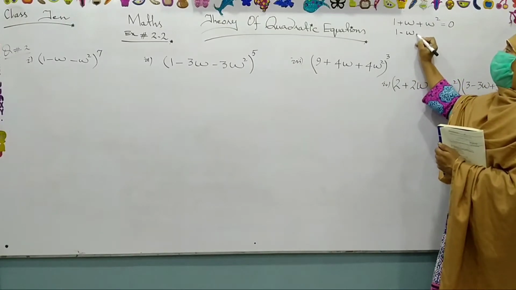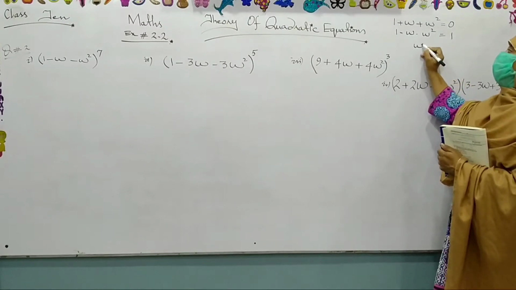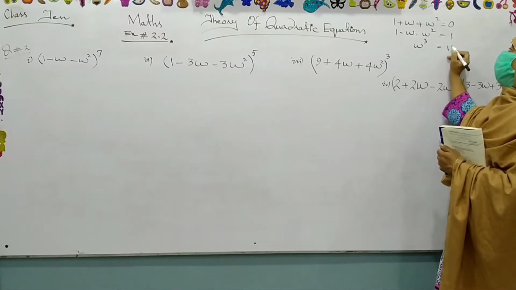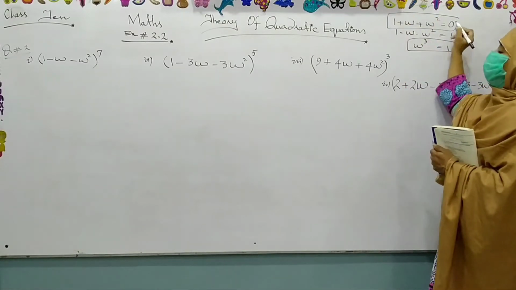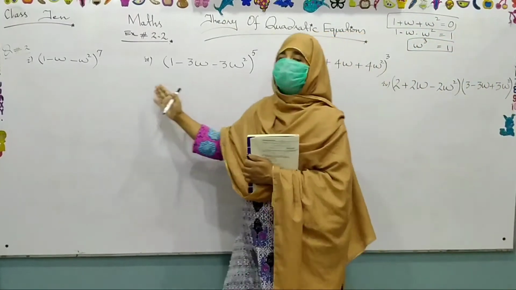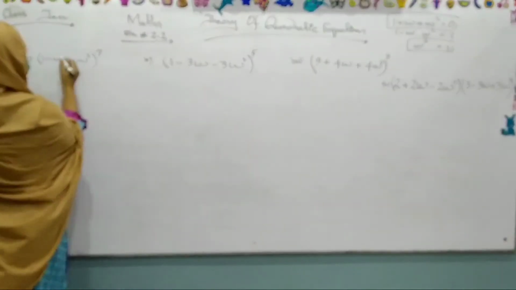Their product is 1. This is the product equal to 1. And when I multiply them, it will become omega cube is equal to 1. Students, these two results we will use to solve the following questions. How we will solve it? Our question number 2 is